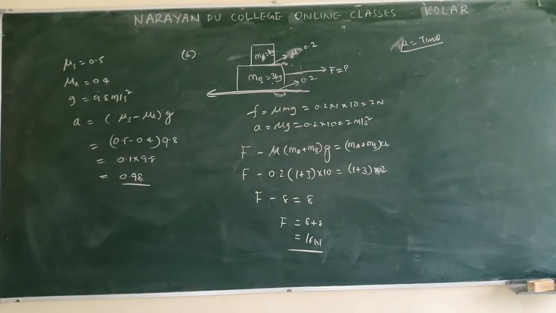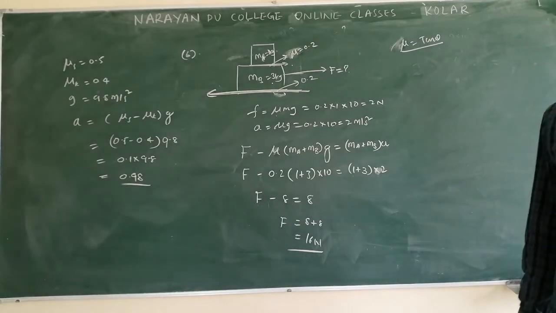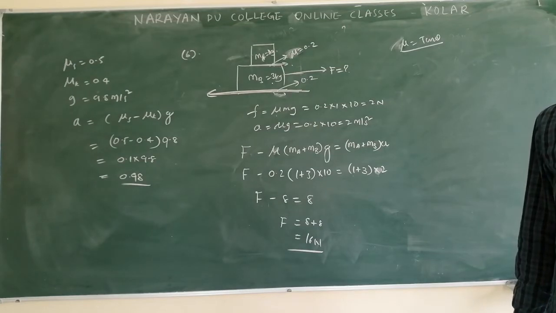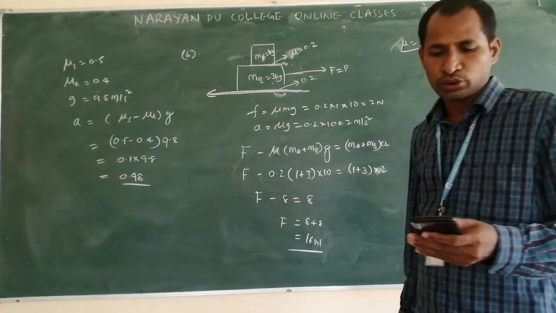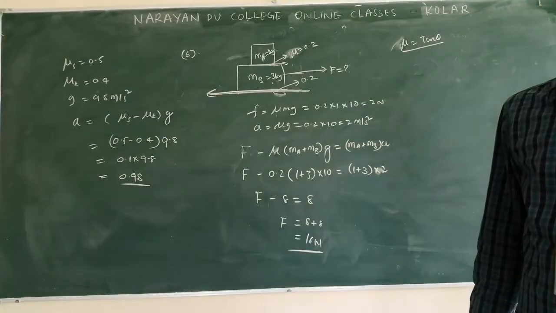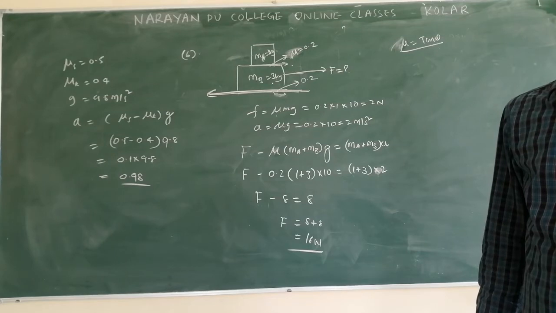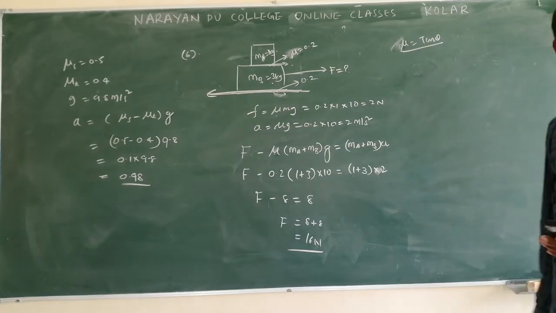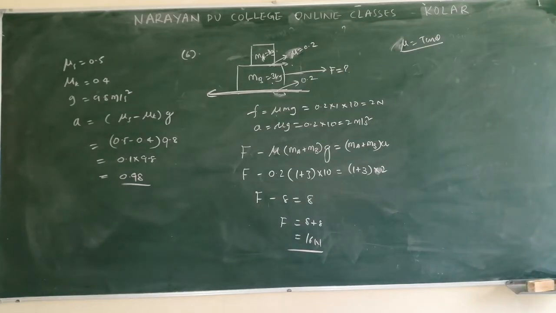Okay, the 9th one. What is the 9th one? A ball of mass m approaches a ball of mass capital M with a speed of 4 meter per second along the normal to the wall. The speed of the ball is 1 meter per second towards the ball. What is the speed of the ball after collision? So the relative velocity of separation after collision is equal to the relative velocity of approach before collision.